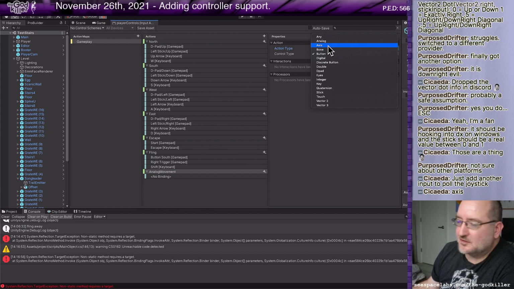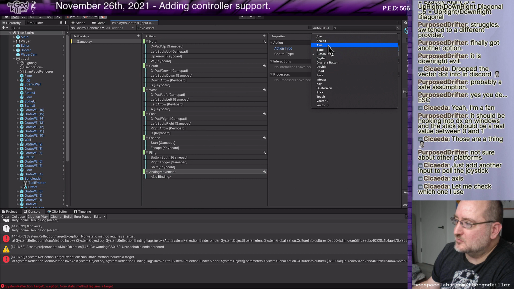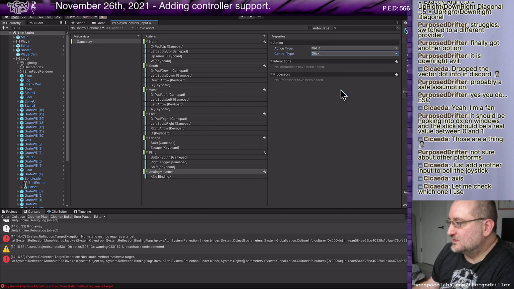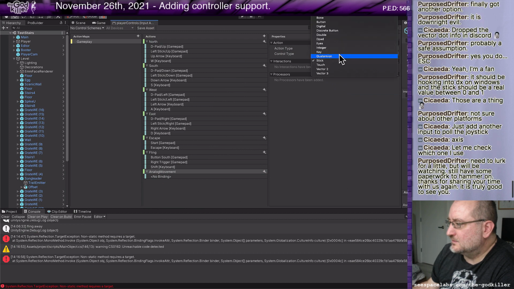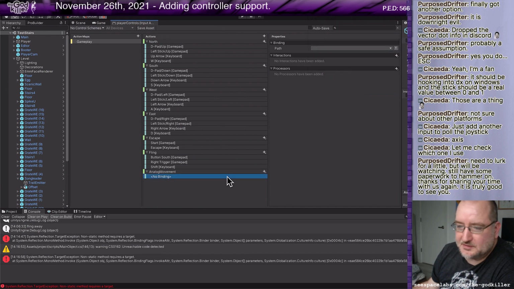Do you think I'd be better off with axis and then maybe setting up one for each dimension? There's another one, stick. And at least when I did the binding, instead of being confined to one axis, it was, wait a minute. That's weird. Oh, I gotta come down here for the binding.